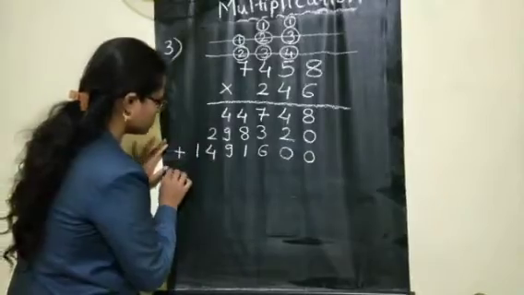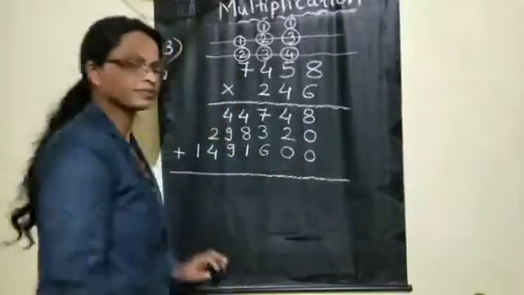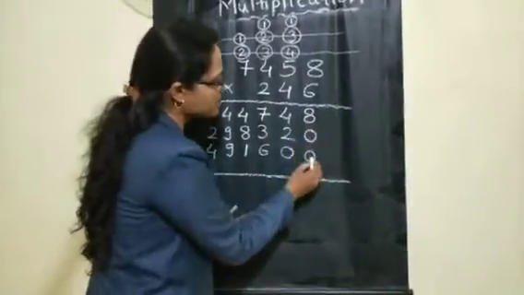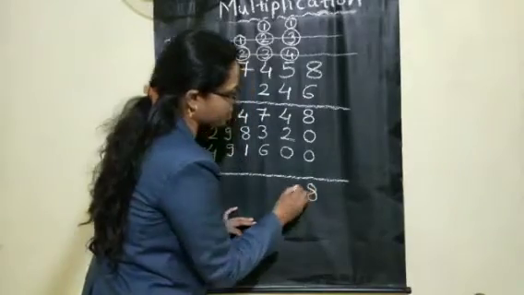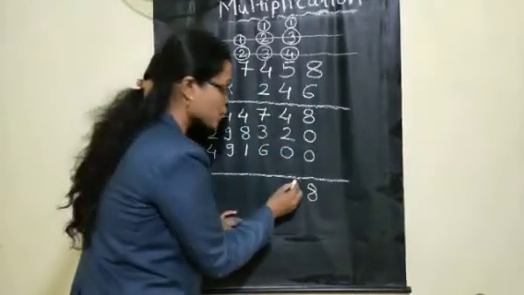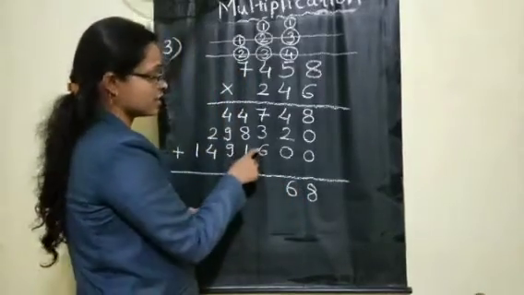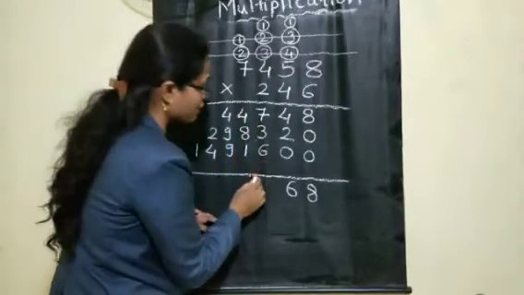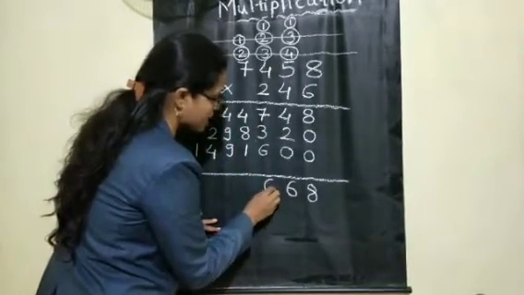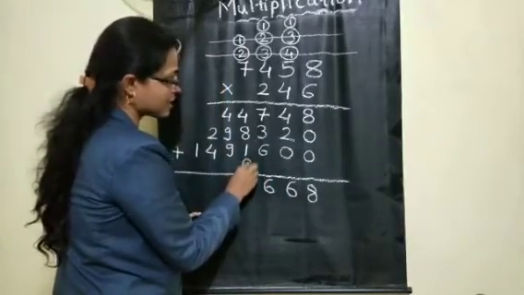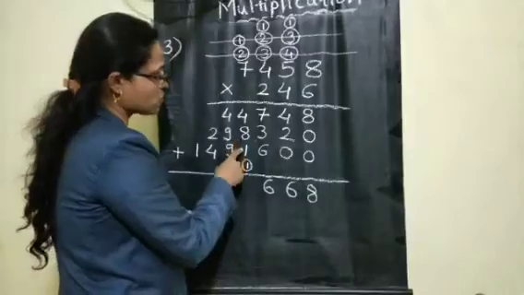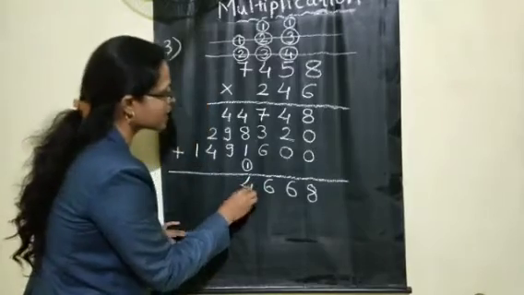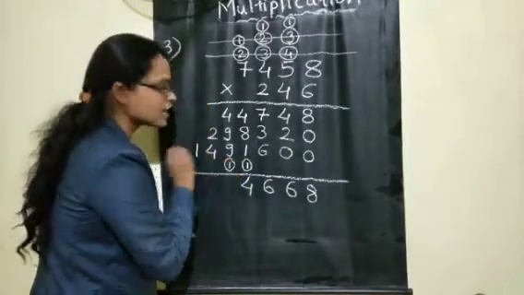Let us do our addition part now. Okay. Again, let us start addition from your ones place. 8 plus 0 plus 0 is 8. 4 plus 2, 6. 6 plus 0, 6. Now here, 6 plus 3, 9. 9 plus 7, 16. From that 16, 6 you are writing down and 1 will carry forward to the next number, children. 8 plus 1, 9. 9 plus 1, 10. 10 plus 4, 14. From that 14, 4 you are writing down. Again, carry forwarding to the next number.